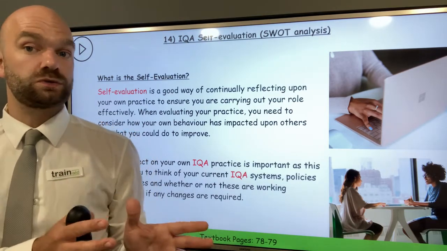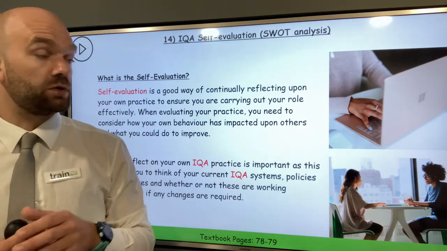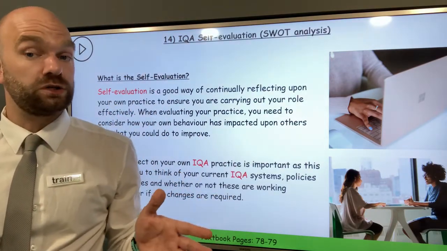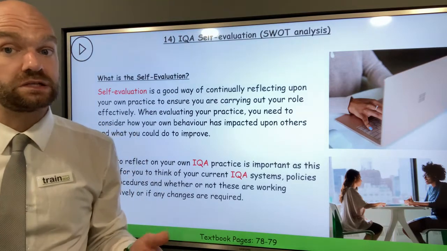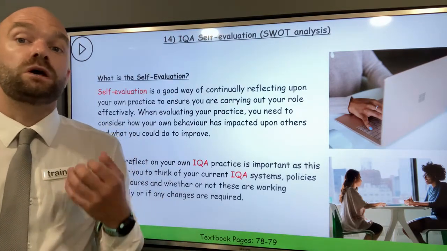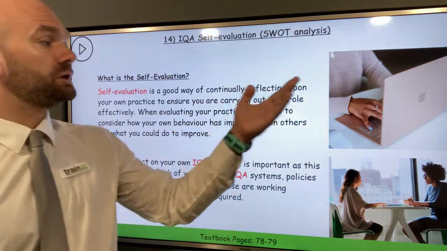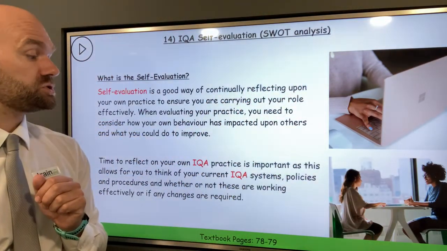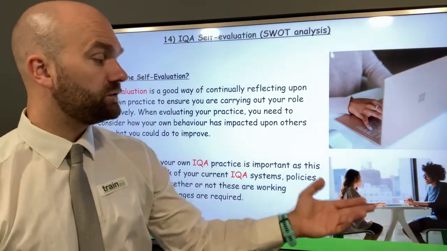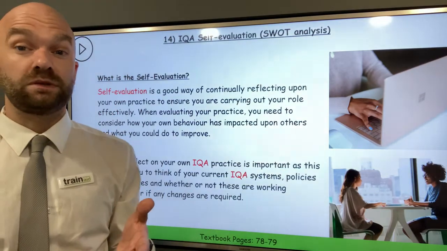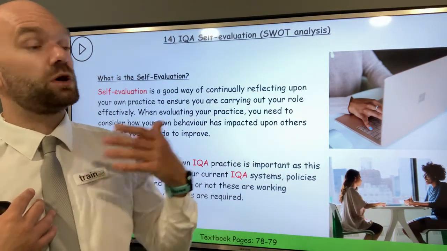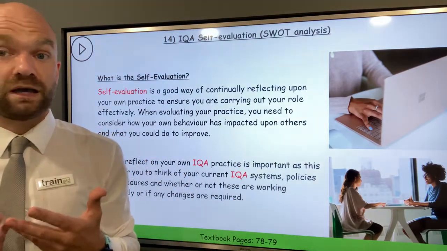We hope you found it useful, and this is a time for you to reflect on what's gone well within your experience of monitoring your two assessors or teachers or trainers, and thinking about your future IQA role as well. So this is an opportunity for you to sit down and reflect on what's gone well. And if you might struggle with this, maybe you could sit down with one of your assessors and have a chat with them and ask them, how have I done as your IQA? What have you found useful with my advice?